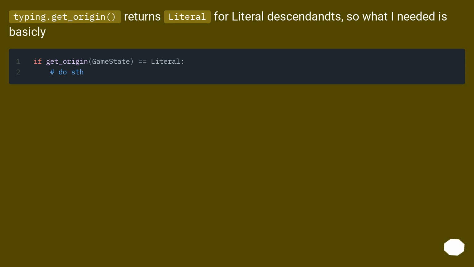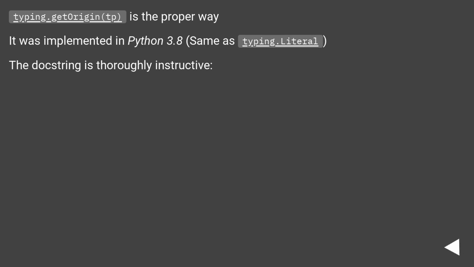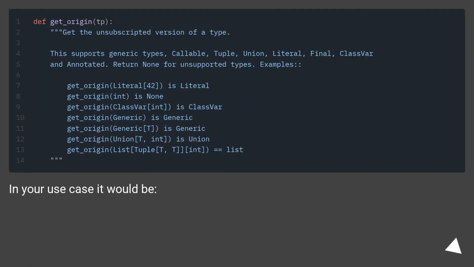typing.get_origin returns Literal for Literal descendants, so what I needed is basically typing.get_origin(tp). That is the proper way. It was implemented in Python 3.8, same as typing.Literal. The docstring is thoroughly instructive. In your use case it would be